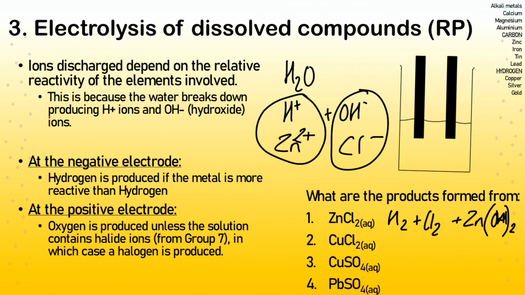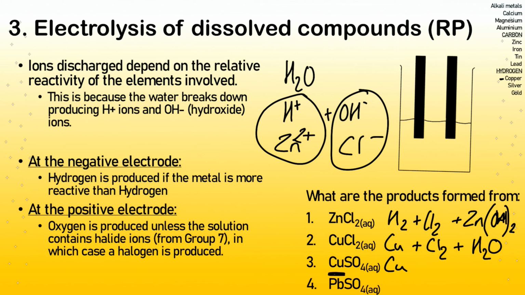For the copper chloride, copper is less reactive than hydrogen, therefore you're going to get copper being formed. The electrode would go orange kind of brown for the copper colour. At the positive electrode you've got chlorine, so you're going to get chlorine gas, and we're going to be left therefore with H2O. For copper sulfate, again you've got copper, so if copper's there basically it's going to get formed,